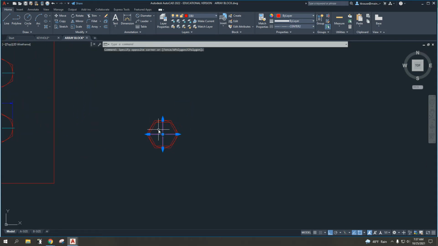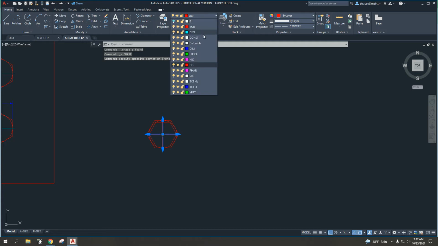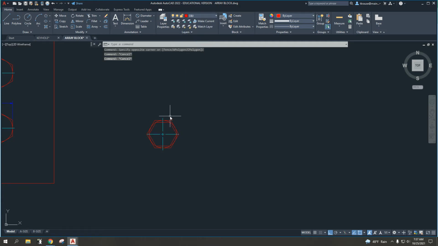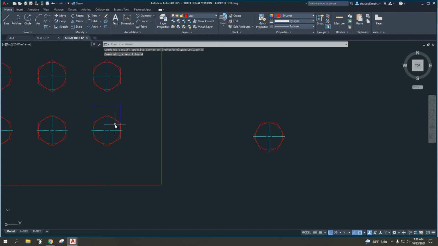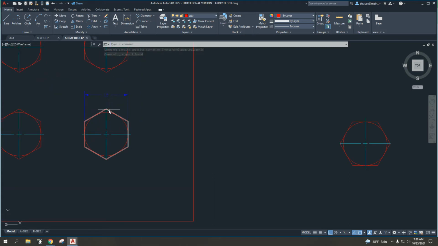And I'm going to go ahead and delete that center mark because we don't need it right now. You know, I'm sorry, I'll leave it in. I'm going to change the layer. I went too fast. All right, now I know we've got too much information here. Let's get rid of the inscribed polygon, and this is what you're being asked to replicate other than the orientation on the polygon. So we have